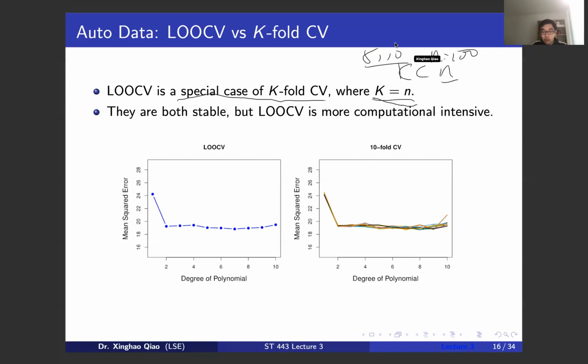Okay, so the k-fold cross-validation will be computationally less intensive than the leave-one-out cross-validation. Leave-one-out cross-validation is very stable, as I mentioned, because you split the data into n different parts. If you repeat the procedure many, many times, you get exactly the same result. Okay, so now if we apply the polynomial regression and we plot the mean square error